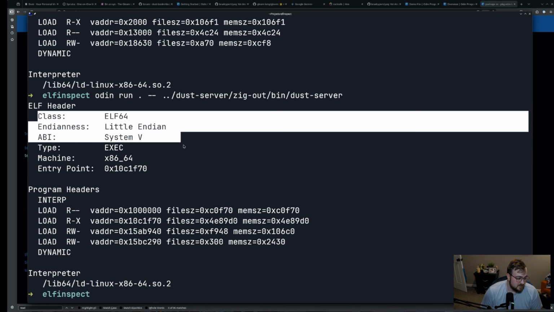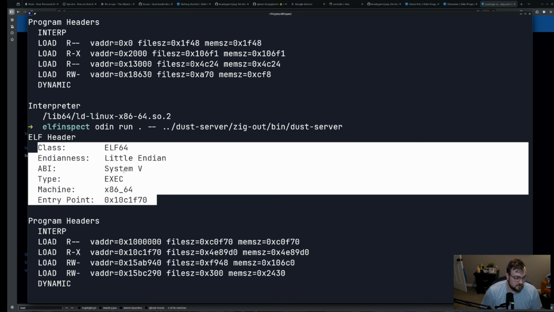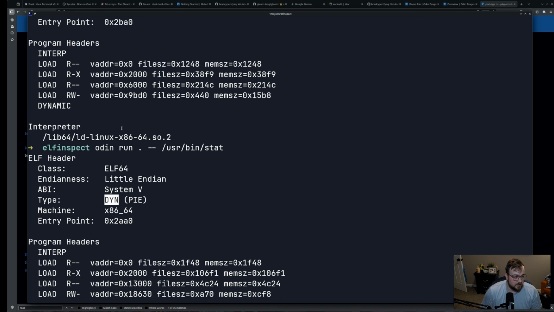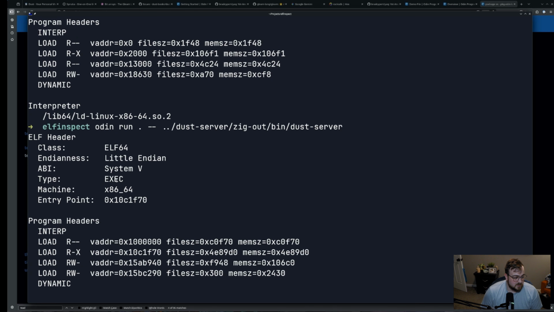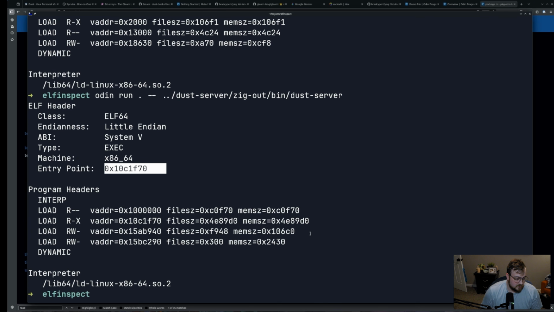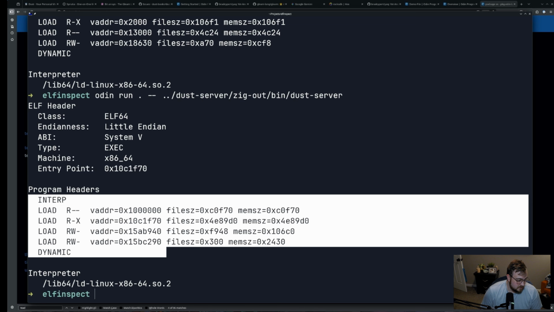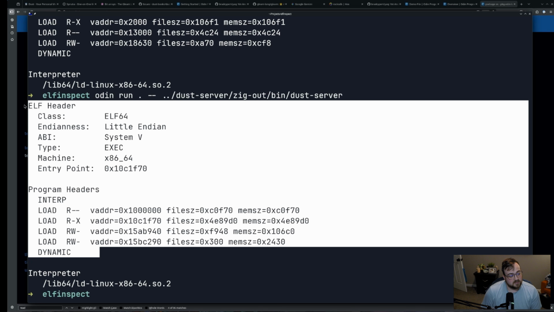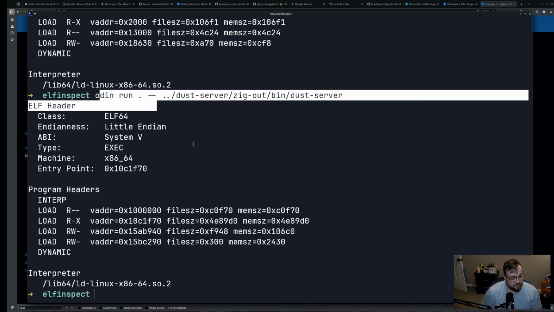So you can see, again, almost all the same. This is actually interesting. The previous two types were dynamic. This one is executable, so the type there is exec, and then the entry point is vastly different. And then the program headers are also quite a bit different. Anyways, I don't guarantee the correctness of the ELF bits of this at all, but hopefully this has been a